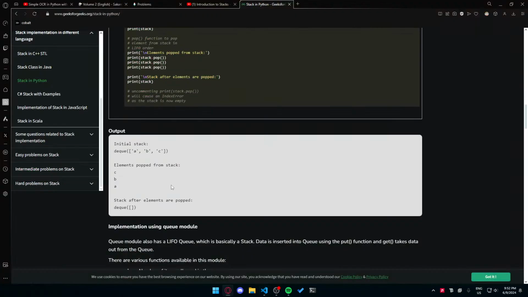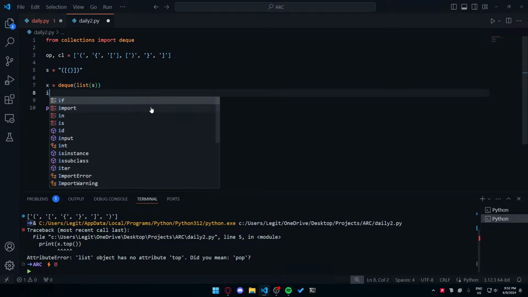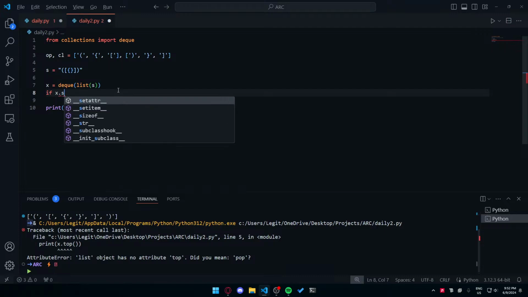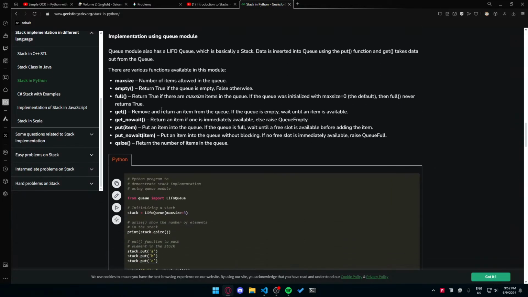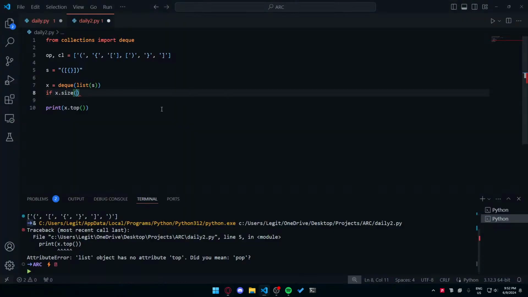Interesting. So now we have this, right? And I could say if x dot size mod 2 is not equal to 0,